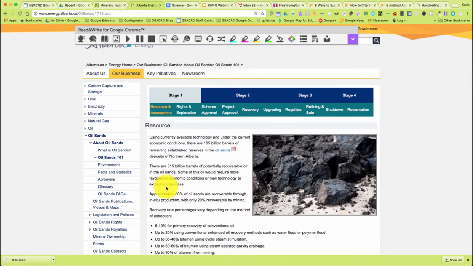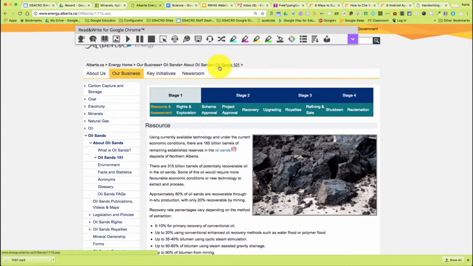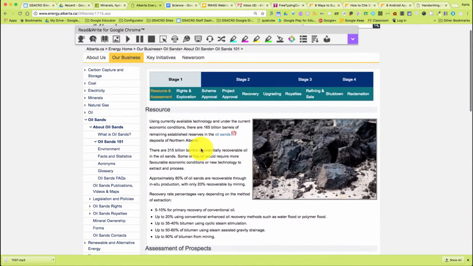So again, the tools are pretty much the same as what we saw before on the Google document. We can select words and use our dictionary or picture dictionary. We do also have the word prediction if we need that on the web page. One of the tools I'll show you though that is useful is the collecting highlights. So what we're going to do here is I'm going to pretend, let's imagine that I'm a student doing some research. So I'm going to